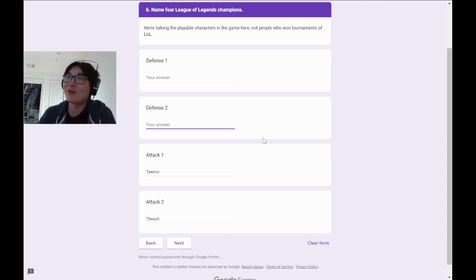Named, like, Garen or something. There's that tongue monster guy. It's not the Tungulus, that's something else, but I can't remember what. Dear God, this is gonna go so badly. Who are some League of Legends champions? Oh, let's put Thresh here, and I'll put Garen here because I can't think of anything.